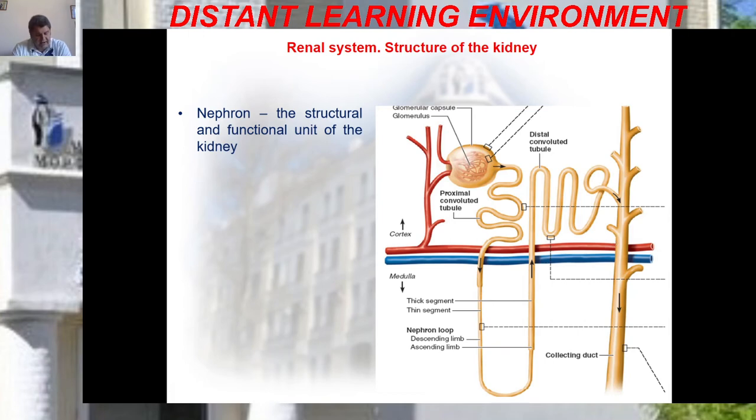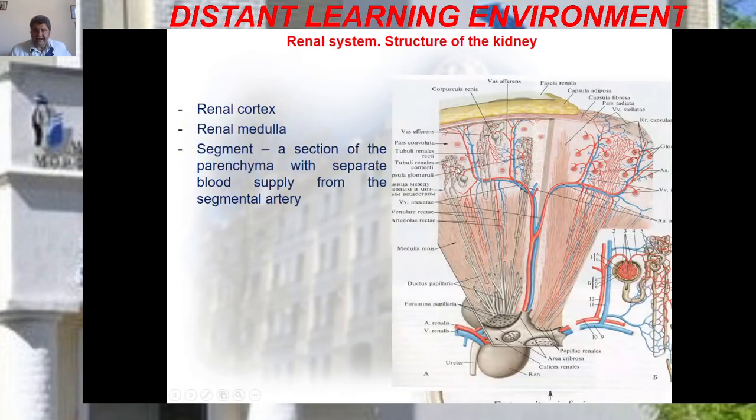The structural components of the nephron are arranged in the kidney parenchyma in the following order: the renal corpuscle, the convoluted and straight tubules of the proximal segment, the thick ascending limb of the nephron loop, and the distal convoluted and junctional tubules are situated in the cortex. You may see the cortex, I repeat, here.